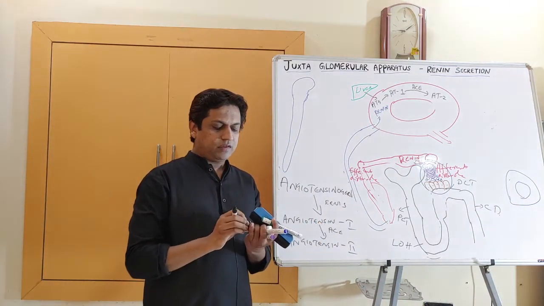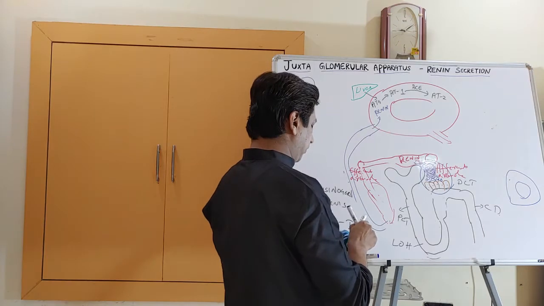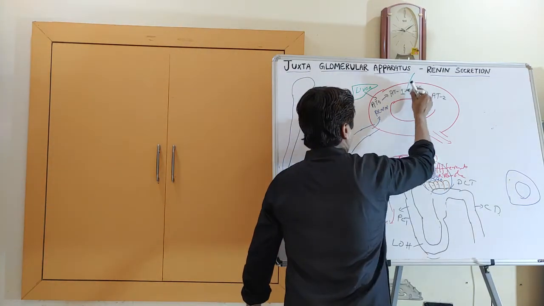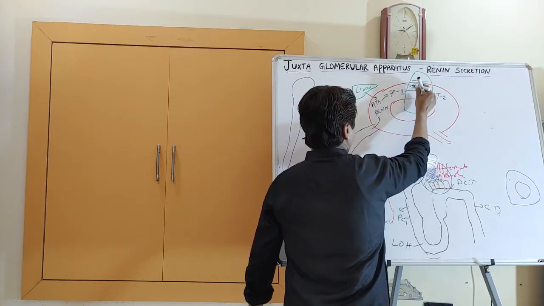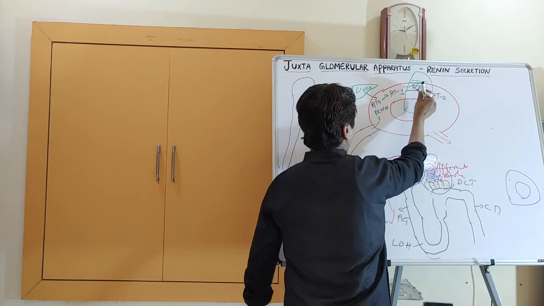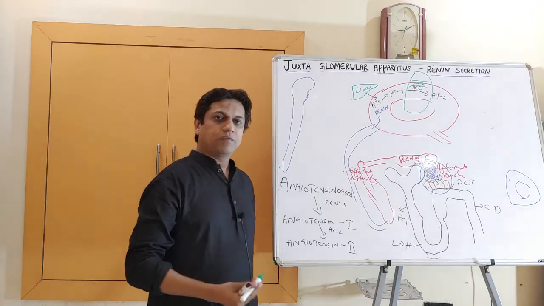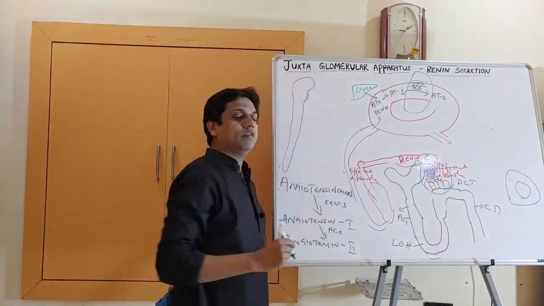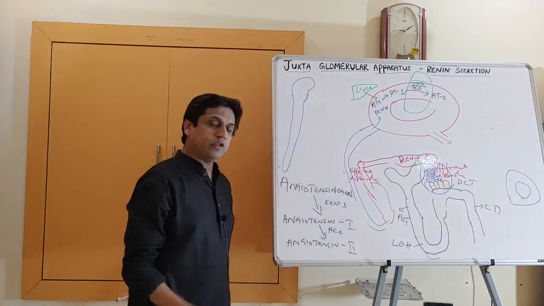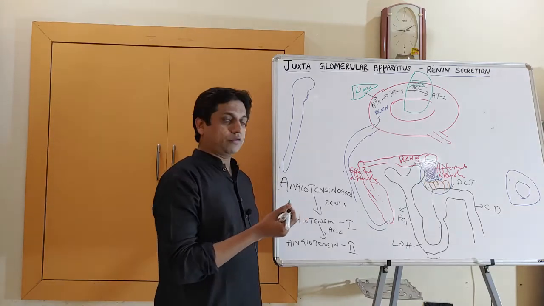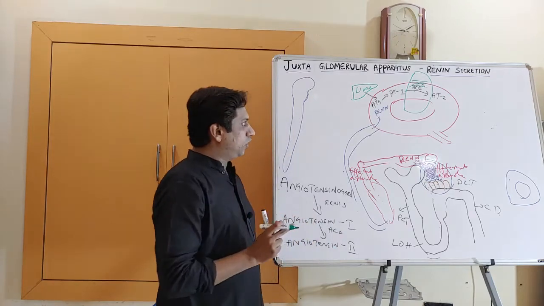This angiotensin converting enzyme is mainly present in the lungs. However, it is present in other tissues also. Consider this as a lung, so here the pulmonary capillaries. In the walls of the pulmonary capillaries, this enzyme ACE is present. In the systemic circulation, when the blood is moving, it will enter through the pulmonary vessels also. So while entering, this angiotensin 1 mainly gets converted into angiotensin 2. It is present in other tissues also, but mainly in the lungs.